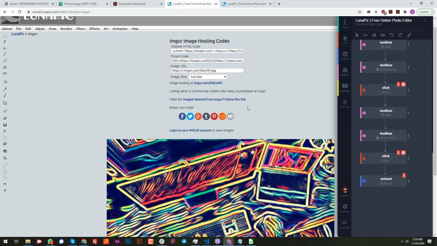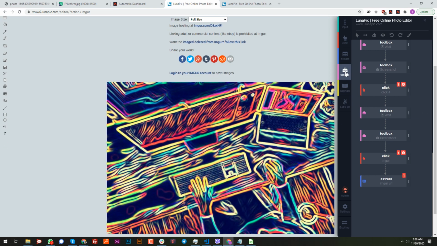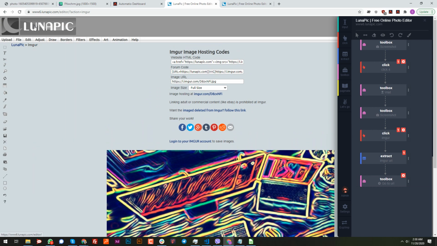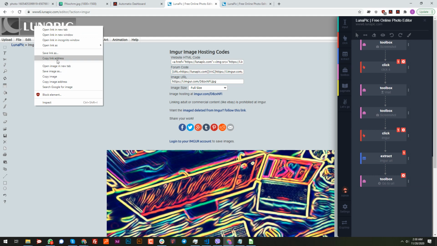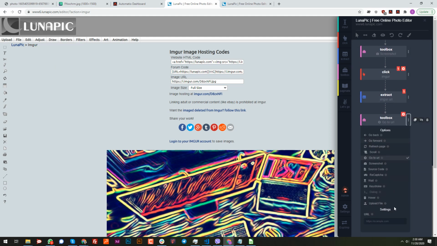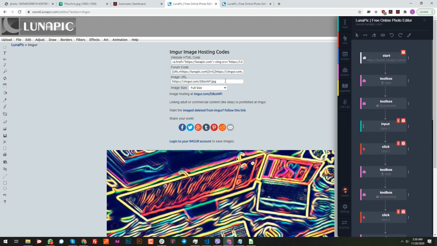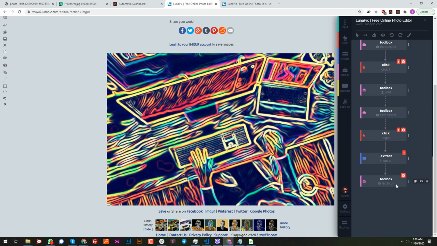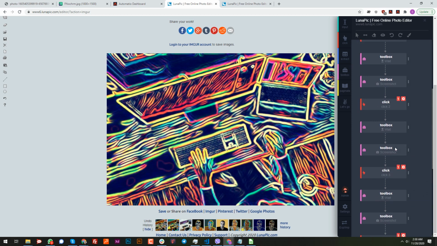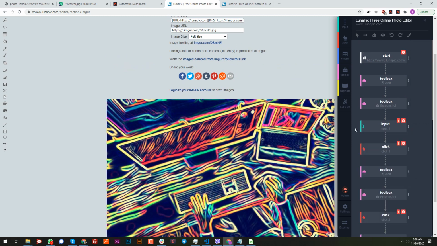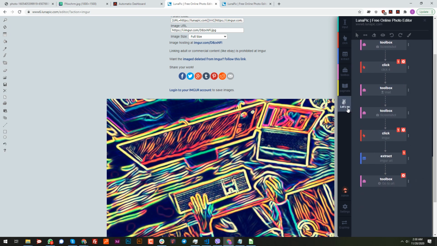Actually, no, I cannot. I just need to add one more action, which is a toolbox. Go to URL toolbox, and I want to go back to the home page so he can continue to repeat for a second photo and do the same action. If I don't do that, he will go back to this and try to input, and there is no input here. So I need to tell him, hey, go back to the home page and then continue to the second iteration of the dynamic input of this photo and so on. So if I run this,